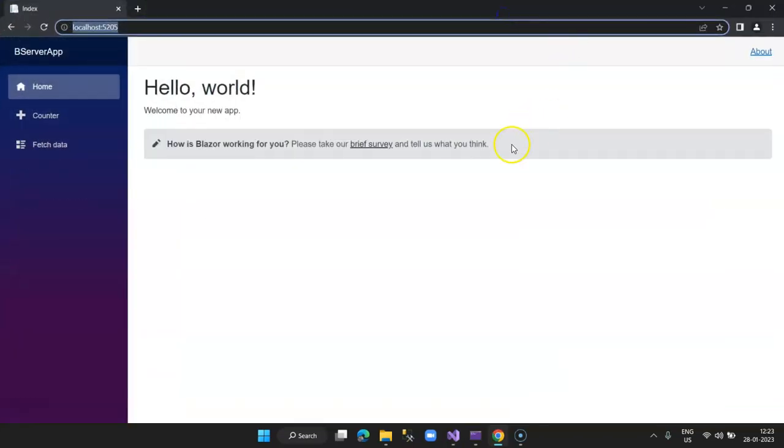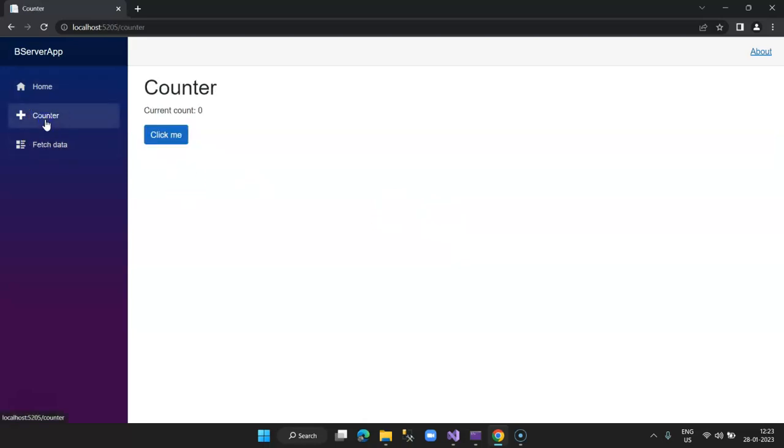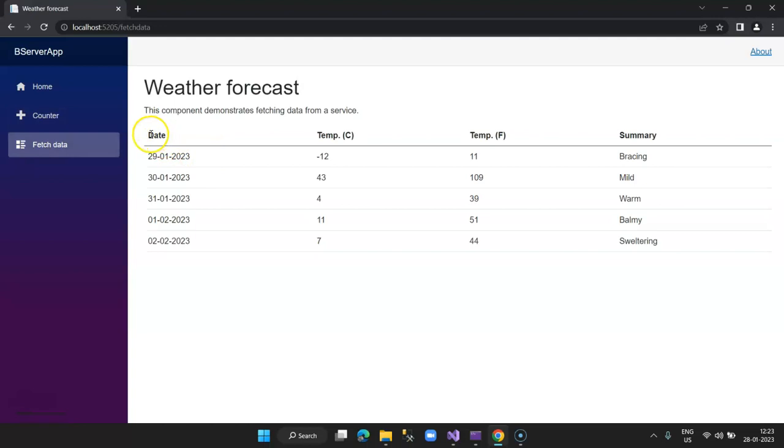So the Blazor server app is loaded. This is a landing page. We have a home page over here. This is the default page that is displayed. Then we have a counter module which increments the count, and then we have fetch data, which actually is